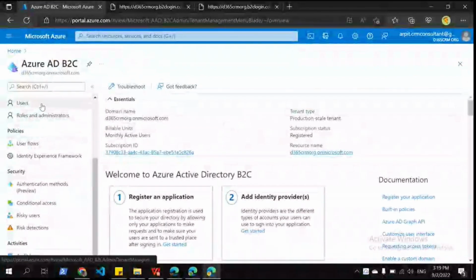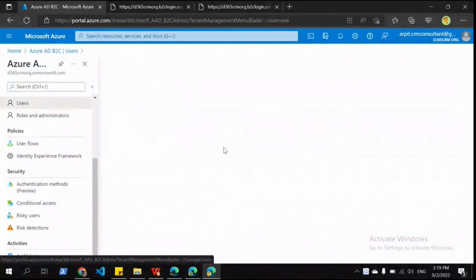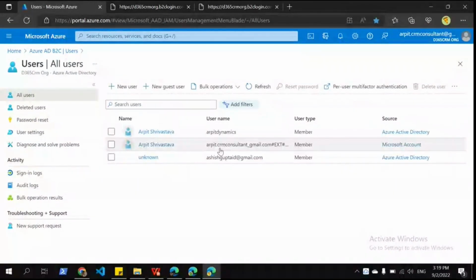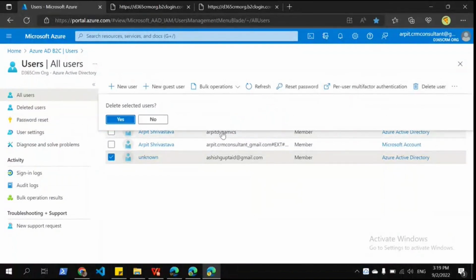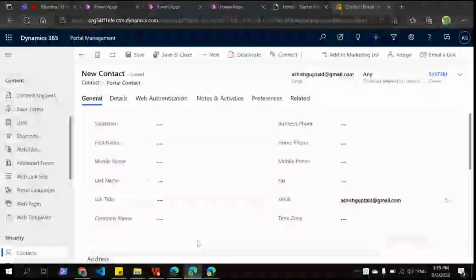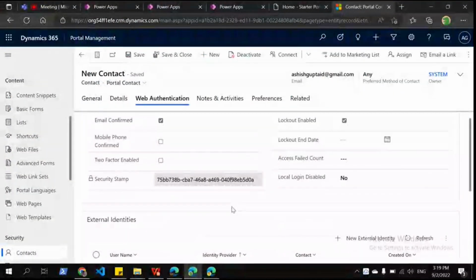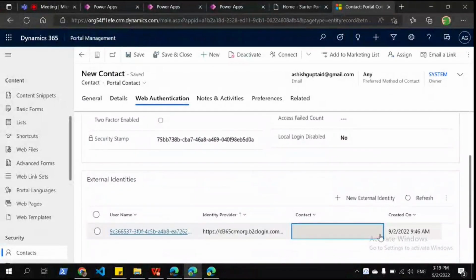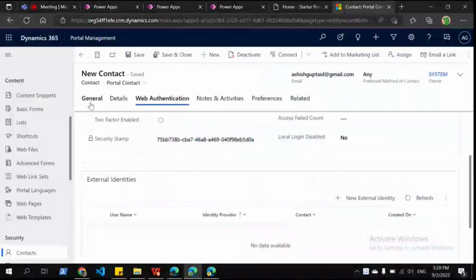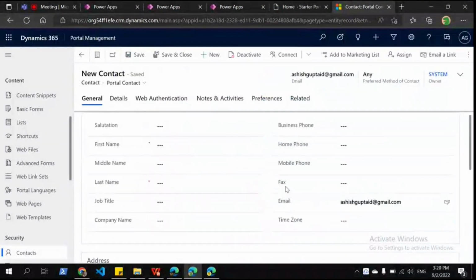So you can see the user was created here. Yeah, this user was created here. I will delete the user so as to show you the scenario here, that only the contact exists for the user, but there is no Azure Active Directory account for that user. I will also dissociate the identity from here. So there is no linkage between the contact and Azure AD B2C right now. So this is a normal contact here which has email, and